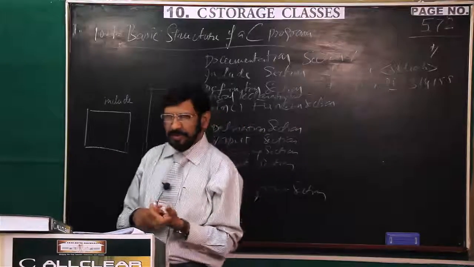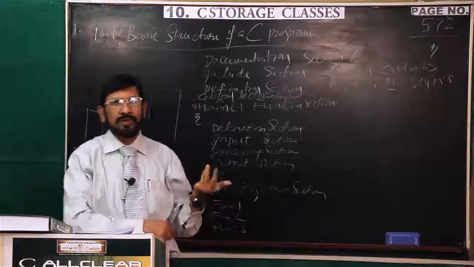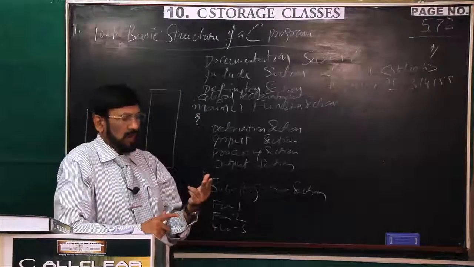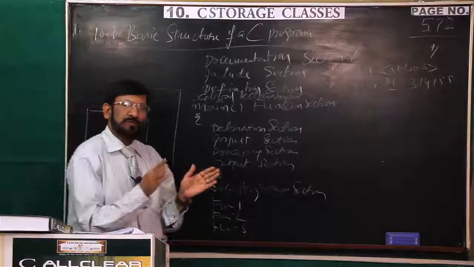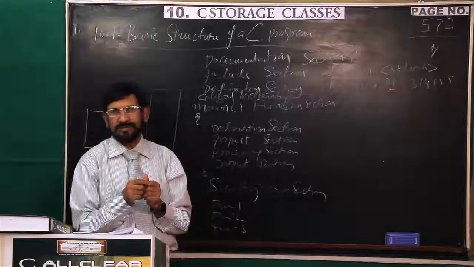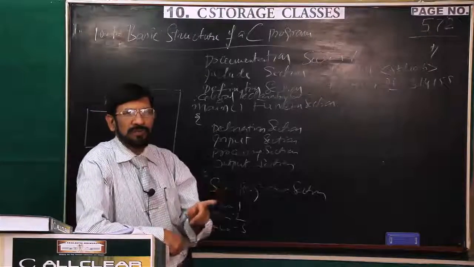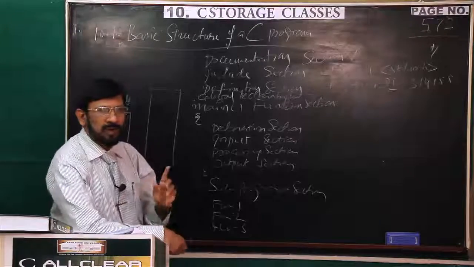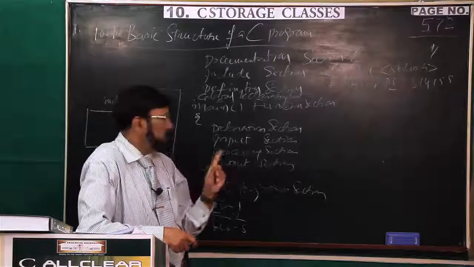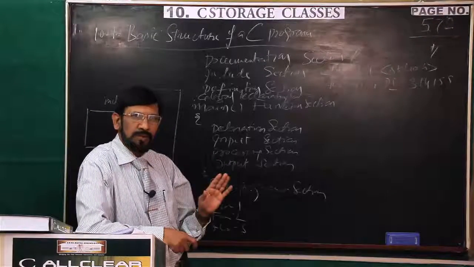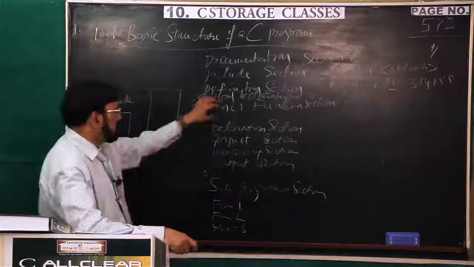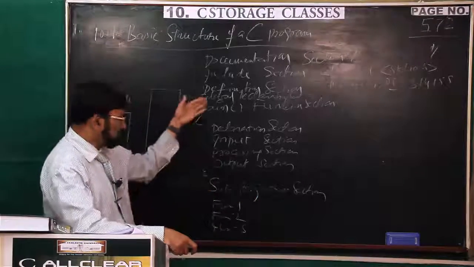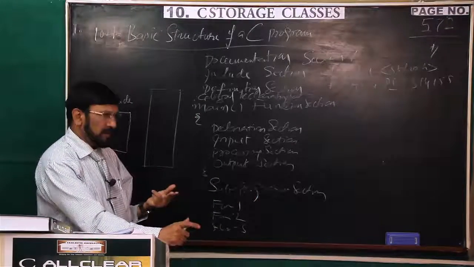The main function section is very core. Without main, there will be no C program. Already I told you, every C program is a composition of one or more functions. If it is having only one function, that should be the main function. And number two, the program execution starts from main only. Always remember, the main is like a manager. Without a manager, there will be no office. Without main, there will be no C program.